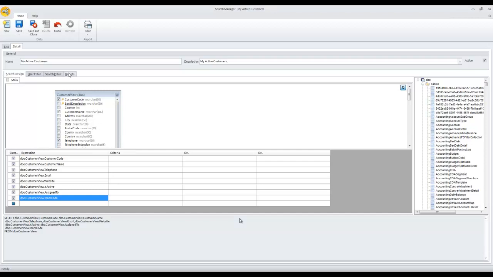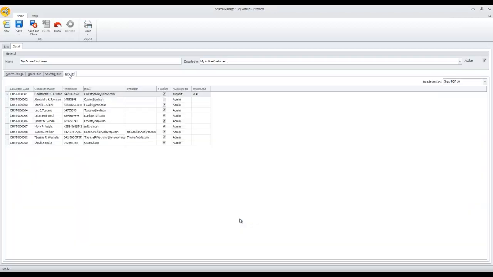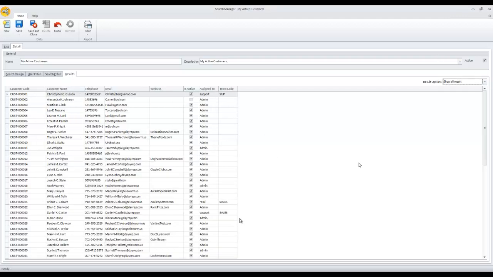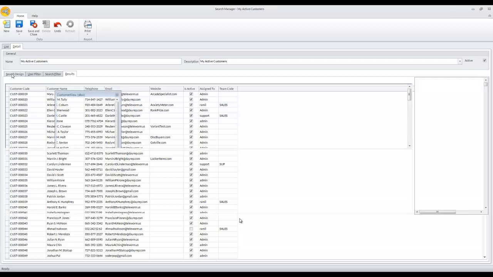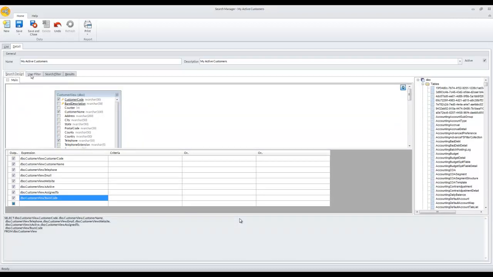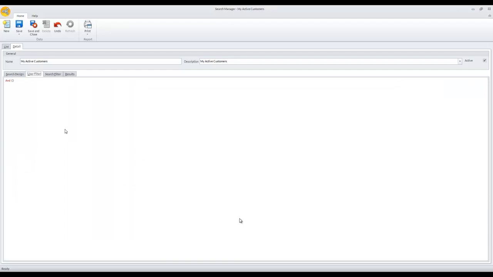Okay, so we now have a few fields that we want to grab from this data source. And if we click the results tab, we'll see the top 10 of the records assigned to whomever is signed into the system. In my case, it's admin here and everything. So, okay. So once we have some data coming out of the search to prove that these fields are coming across,